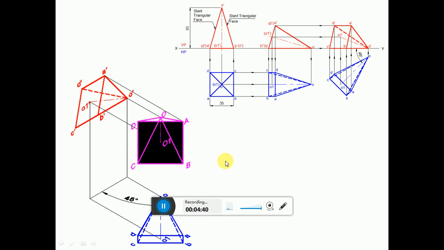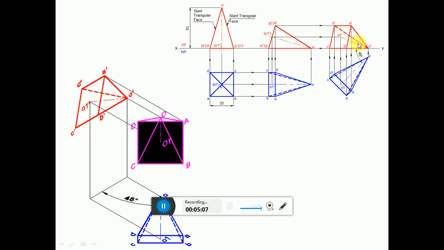So since it is at the front end, when you look from the front view, ABCD is near to the observer, so it becomes visible. So join between A dash to B dash with a continuous dark line, because that base is near to the observer, so it is visible. So once it is visible, only the left edge is O dash D dash. Since two visible edges can never cross each other, O dash D dash cannot be a visible edge because A dash B dash is visible.